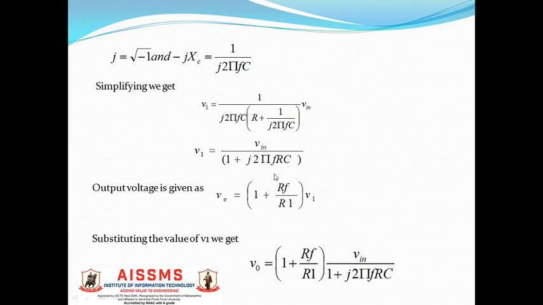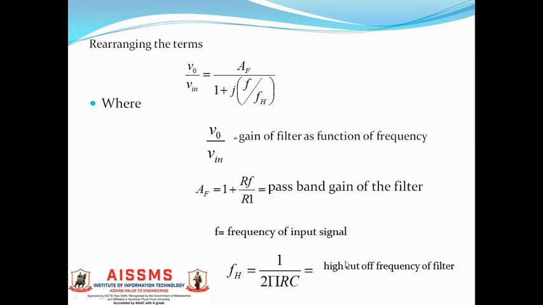Then we have written the output voltage of the op amp. Since it is in non-inverting mode, V0 is equal to 1 plus RF upon R1 into V1. Then we have substituted the value of V1 over here. We have rearranged the terms, and we have come to the conclusion of